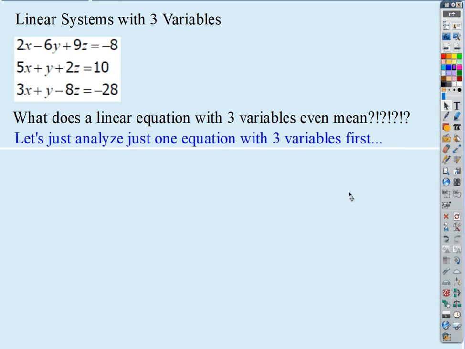Is it three-dimensional? Yeah, it's three-dimensional. Okay, so now we're getting somewhere. So let's just take the top equation only, and let's talk about this. Here we've got 2x minus 6y plus 9z equals negative 8. Well, where do z's come from? That's the third axis. Makes it three-dimensional. The third axis. Okay, so